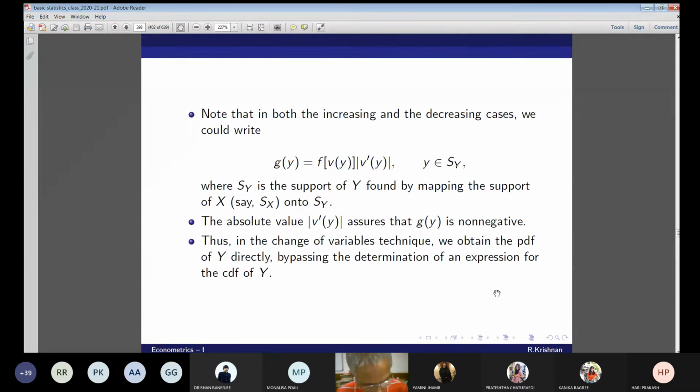Somebody asked me about the Jacobian. I'm coming to the Jacobian when we discuss examples. You will find why Jacobian is difficult. Why is finding the Jacobian difficult? Because mapping the support from X to the function that you have defined Y is a challenge even to the best of statisticians. Okay, Kanika, you asked me this question, isn't it? Yes, sir. I have very simple examples, because in every statistics book, they say it is the biggest challenge. It tests even the best statisticians.